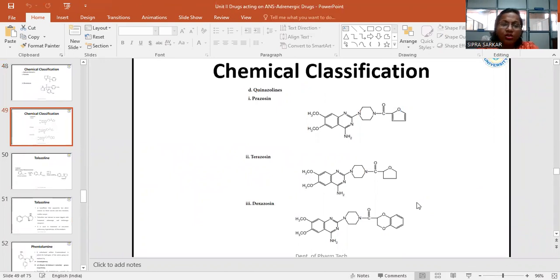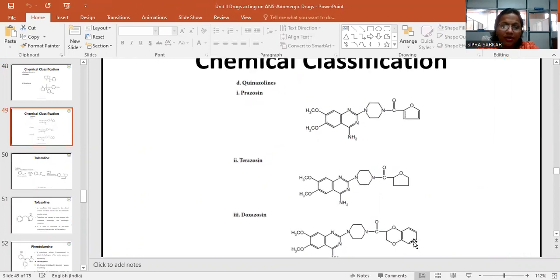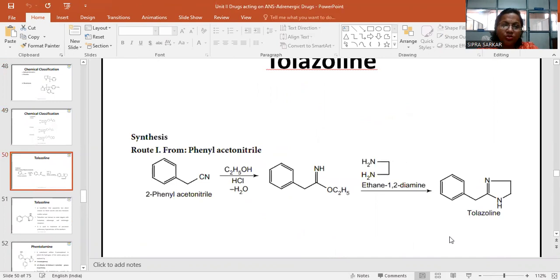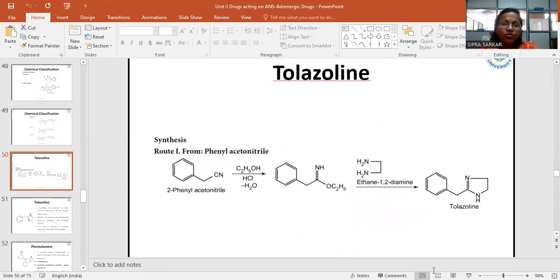That is the quinazoline category, like prazosin, terazosin, and doxazosin; these types of drugs are also present as quinazolines. Now coming to the tolazoline synthesis. This drug is synthesized from phenyl acetonitrile,